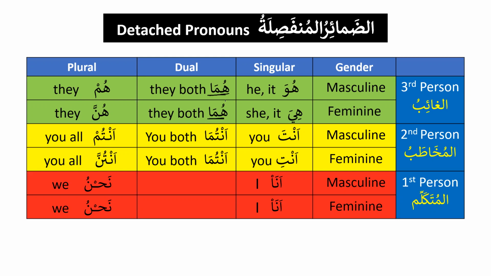Of course, from the context or from the person that you are talking to. If there are two ladies, we are using huma for two ladies. And if there are two gents, then we will say huma, we are using it for two gents. So it depends on the context that we need to learn. And inshallah, similarly for the dual, for the second person, anta, antuma, antum, and anti, antuma, antunna, ana, and nahnu. So for the dual, it is also the same, antuma and antuma.